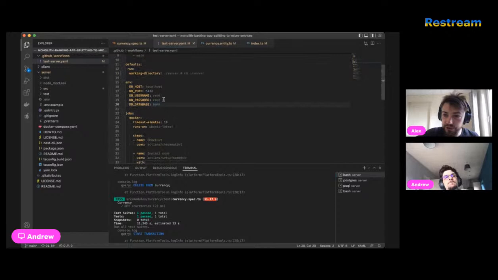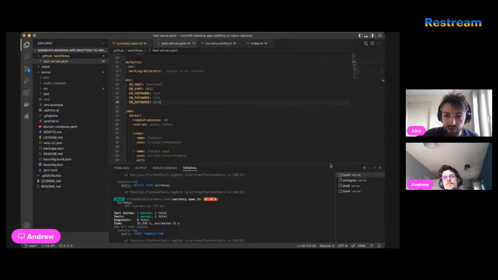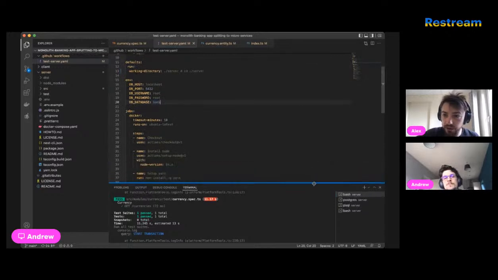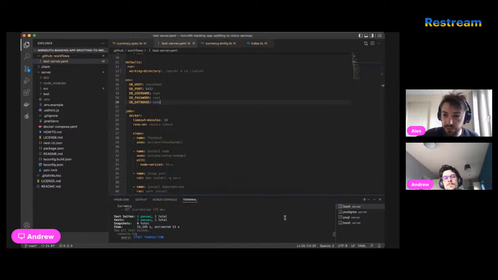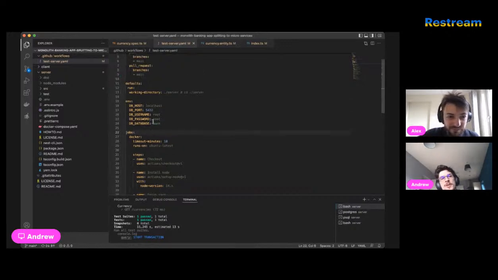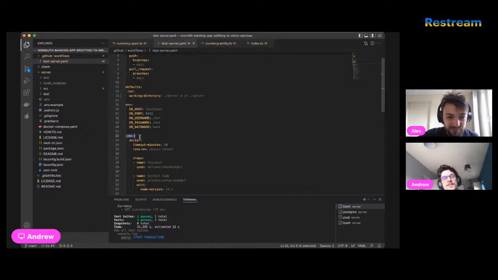I'm mostly curious about how you start the database, where you get the basically running instance of a database. But maybe you will explain it in a minute. Yeah. So let's go step by step. Now we have a section called jobs. Basically, jobs are a number of commands or actions we want to perform during this execution.